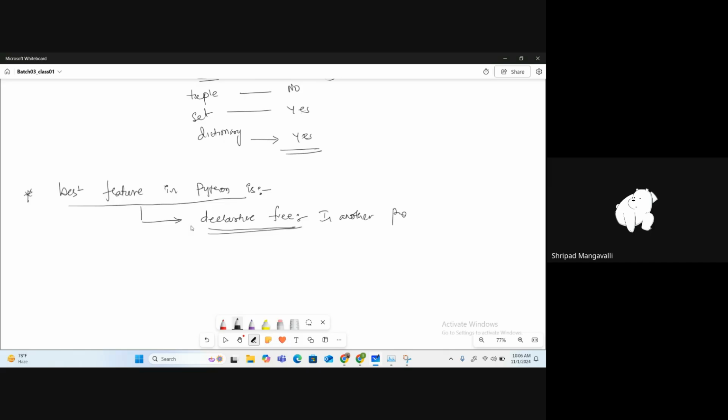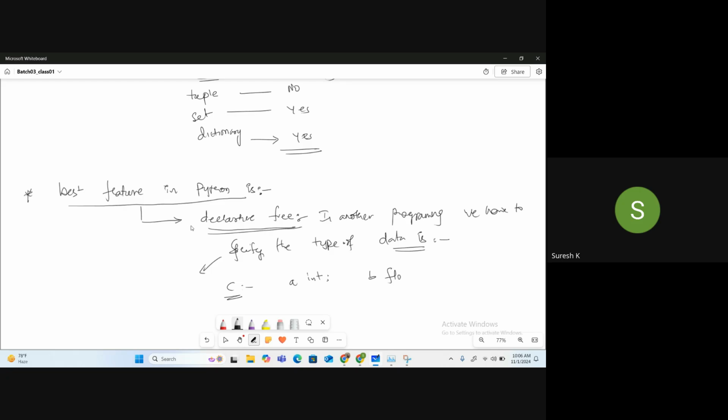In other programming languages we have to specify the type of data. In C, we need to mention a as int, b as float. We need to declare this way in other languages. Agree or not?